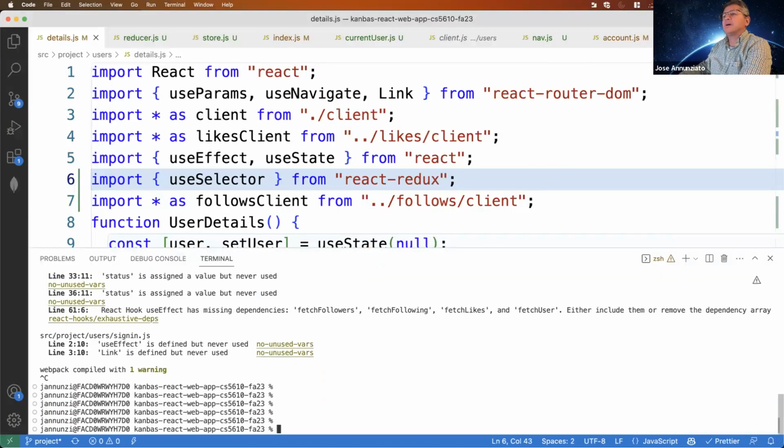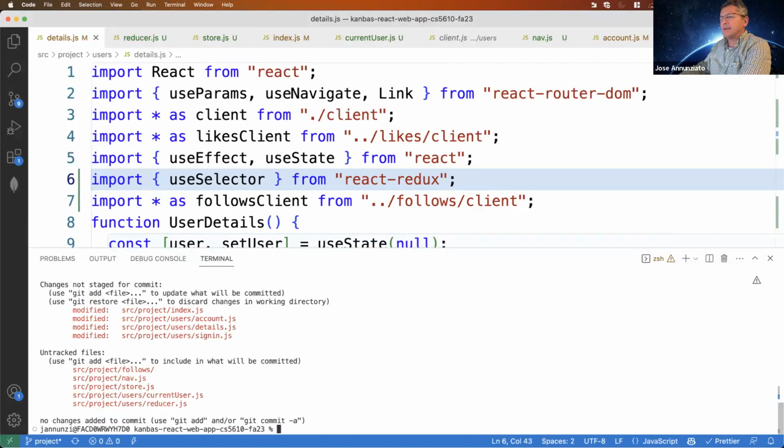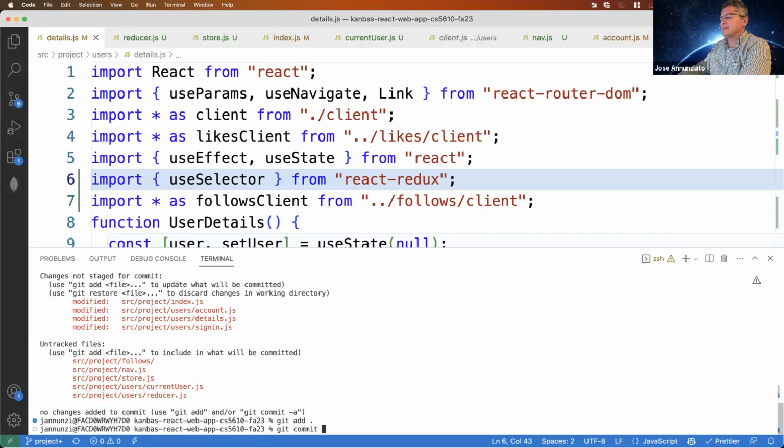I'm going to commit this, that implements follows, right? So this is the follows and also current user synchronization with the server, right? So this is git add, git commit, follows and current user reducer.